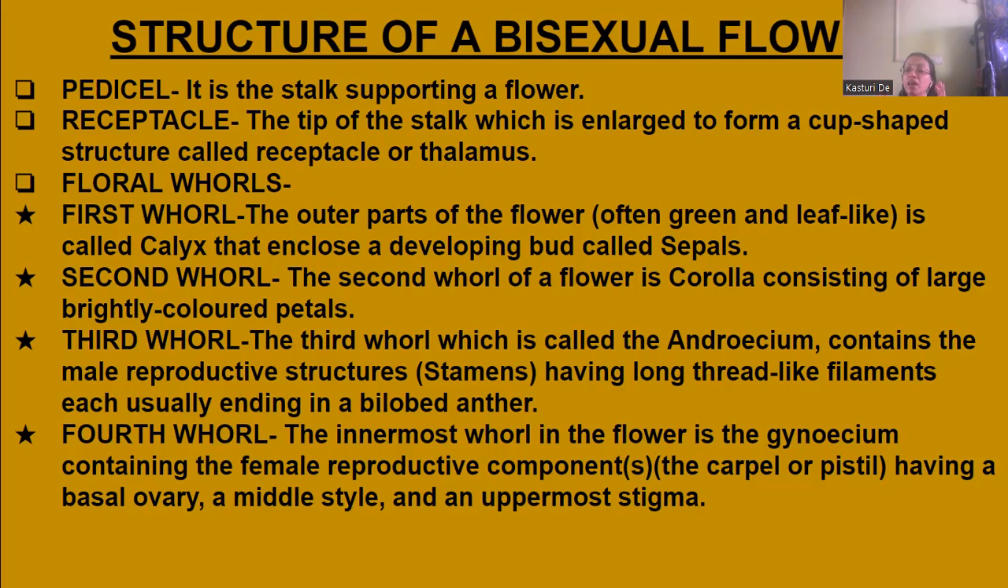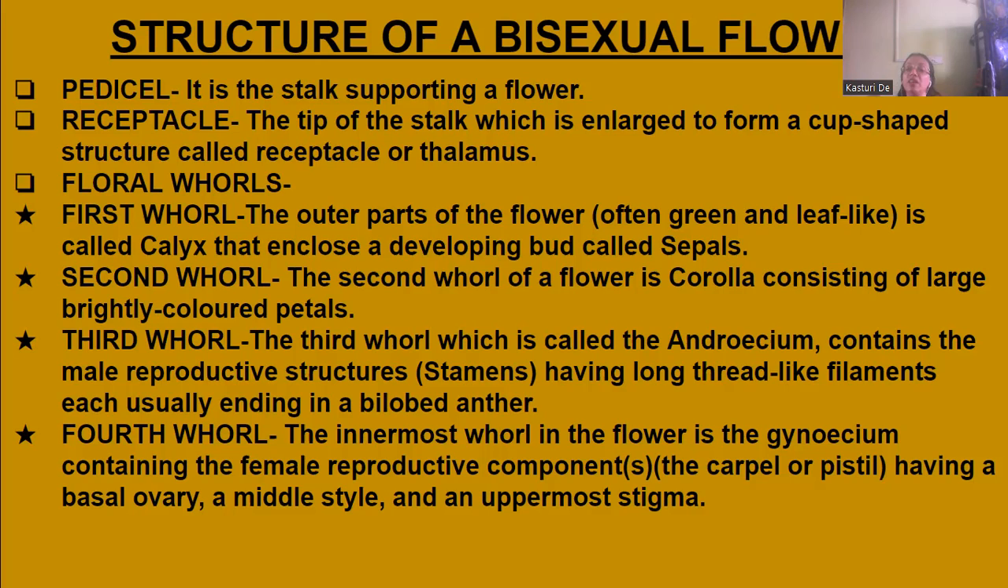This is the male reproductive organ of the plants, known as Androecium, which consists of the stamens. The male reproductive organ unit is the stamen, and collectively the stamens are known as Androecium. The stamens consist of long, thread-like filaments, and on the tip of the stamens there is a bilobed structure, which is known as